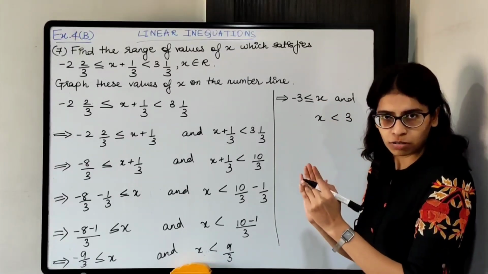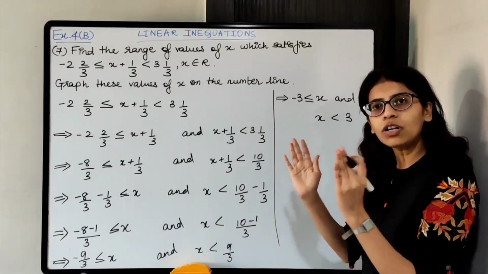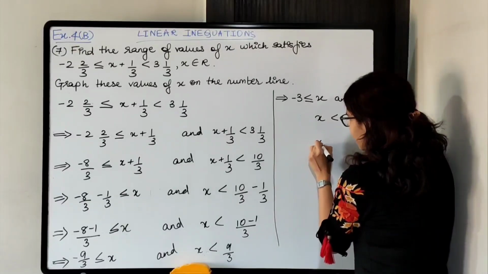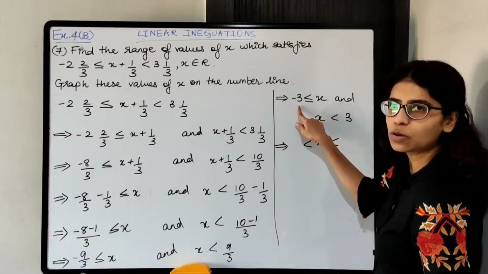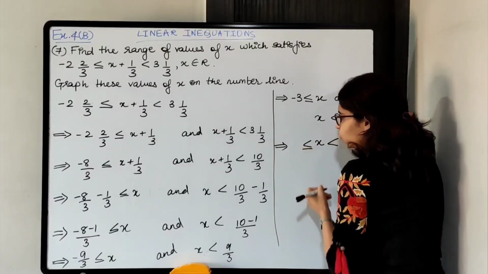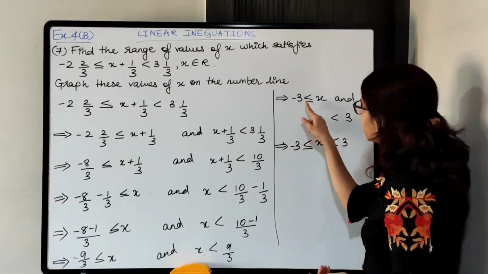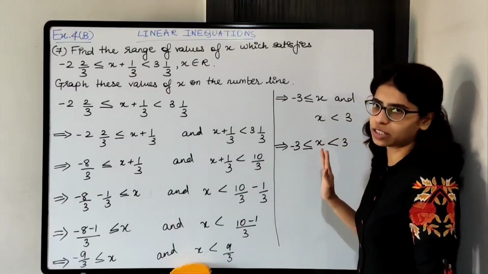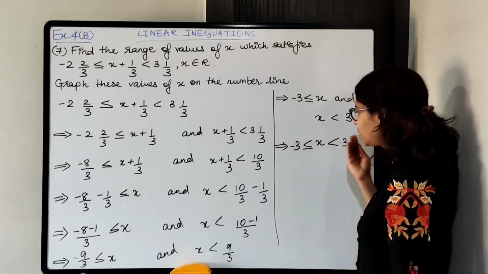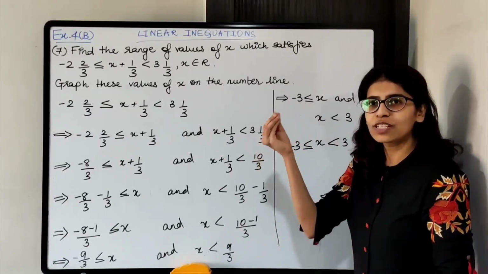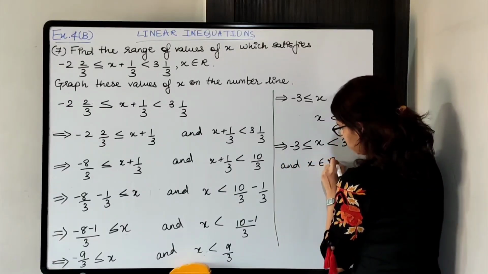Now we'll combine both. We need to find the range of values of x. So greater than, less than, all we'll write together. So we'll write it like this: x is greater than something and less than something. Okay, x is greater than or equal to minus 3, so greater than and equal to भी है, minus 3 and less than 3. So be very careful over here. Greater than or equal to भी है, so equal to भी put करना है. We combined both the conditions, so this is the range of values. X का range है minus 3 से 3, where x belongs to the set of real numbers. So write down, and x belongs to R.